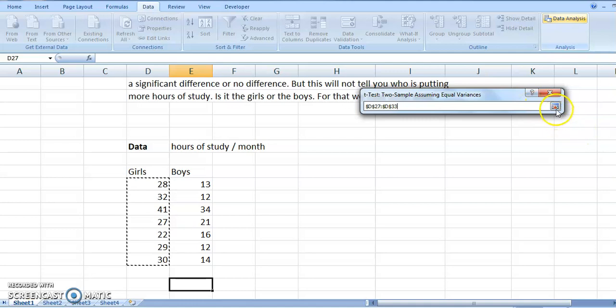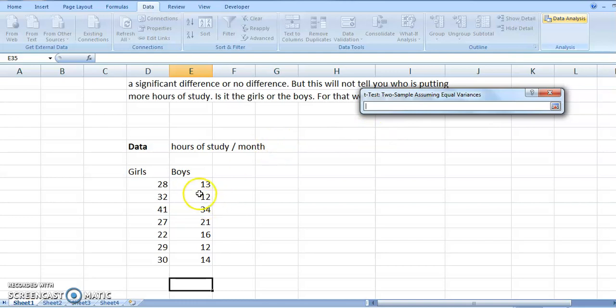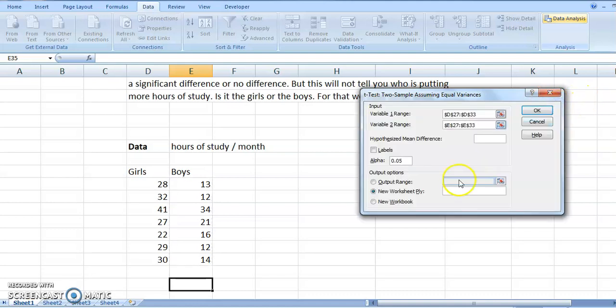Then you click the variable 2 field and give the second range, that is the boys' range. Here you are not giving any hypothesized mean difference, it is not necessary. Now Excel is asking for an output range. Where would you want the output to appear? You give the output here, so the results must fall there.